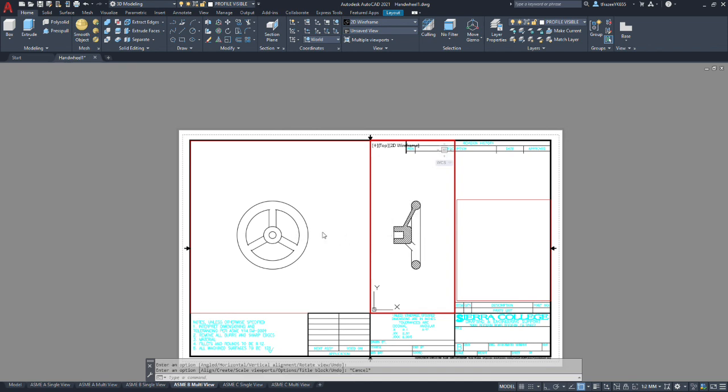I've got a lot of space between these, so I think I'm going to move this view over. I'm going to move the wheel over, and I may have to do that realignment again.